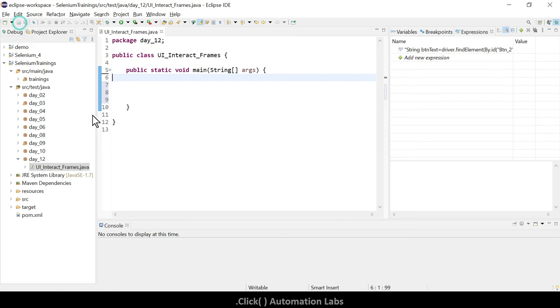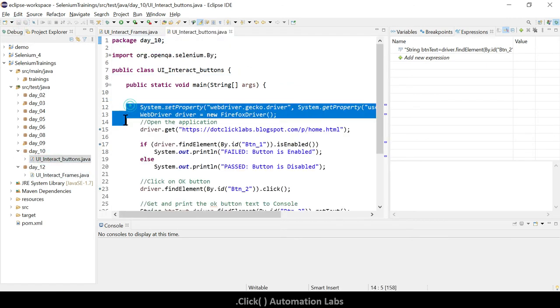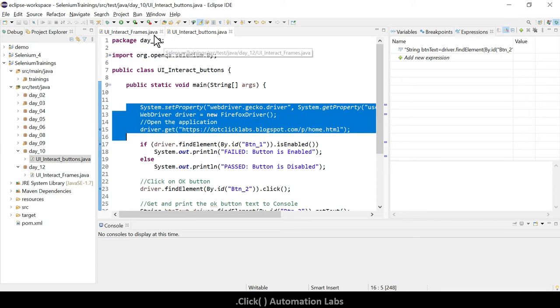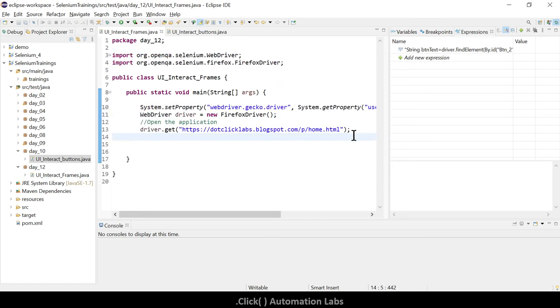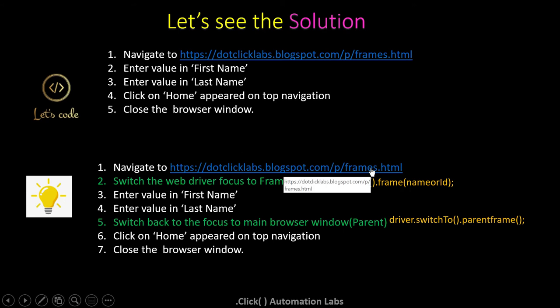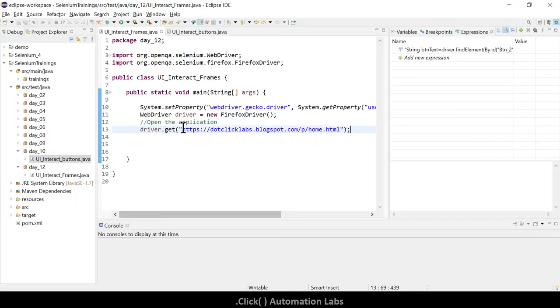Now you need to open a WebDriver window, right? So for that I'm copying the code. I'm not writing it because you know this, right? We have gone through these steps many times. So I simply copied. So now you will be going to this particular web page. So what is our need? You need to go to this particular web page, right? This is the URL. Okay, so change this to this URL.